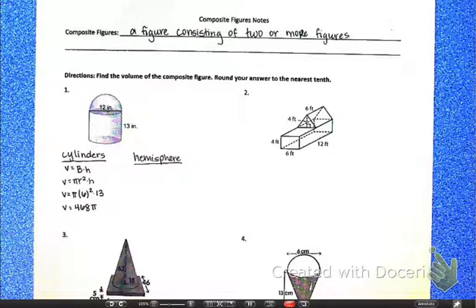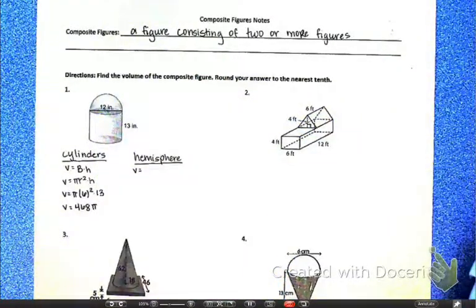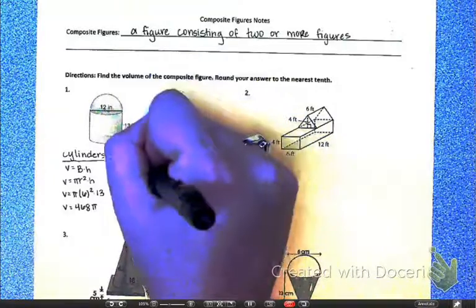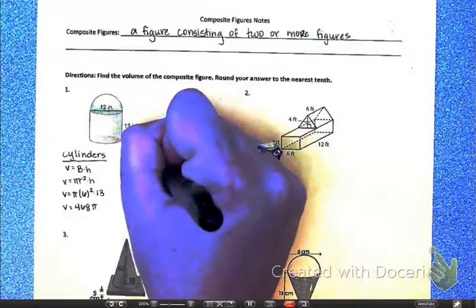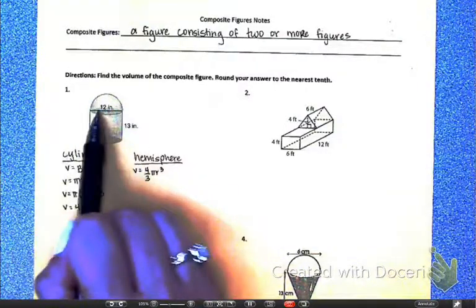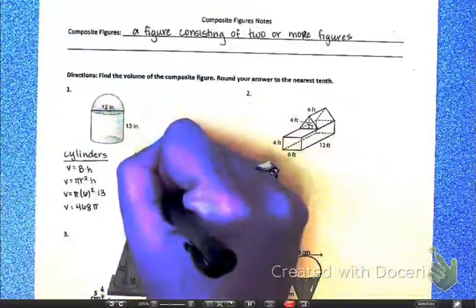So to find the volume of a hemisphere, remember we start with a sphere and then divide by 2. What's the volume of a sphere? Look at your paper that I just handed you. 4/3 pi r cubed. Is my radius going to be the same as it was in the last problem? Yeah, because you have a diameter of 12, so my radius is 6. So volume equals 4/3 pi,